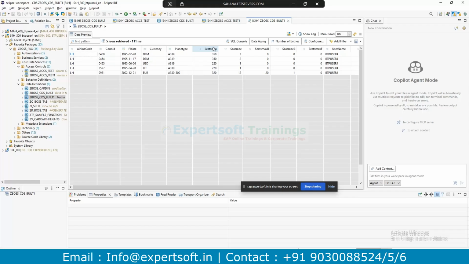This is one of the interview questions. You may also expect the question of how to restrict the data. You can say that with the help of DCL, the Data Control Language, with an access control, we can restrict it on top of the authorization object or for a particular field. Is there any doubt in this?